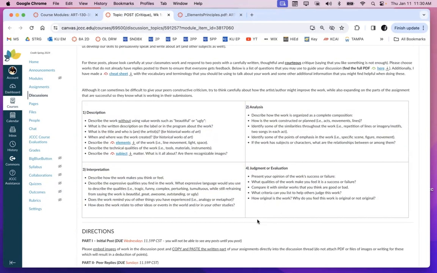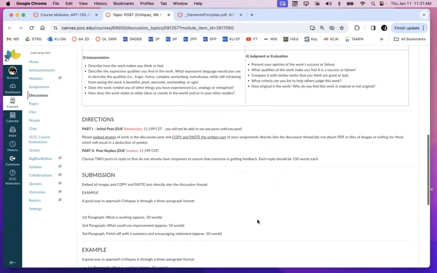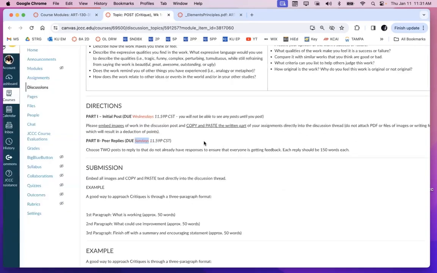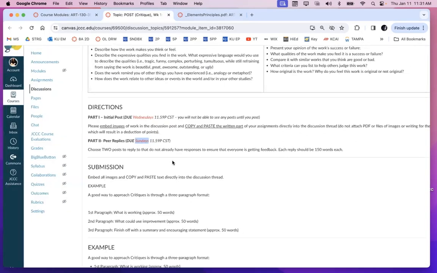So you'll read it, and then you'll read it again, and then you'll read it again. The more that you read it, the more sense it will make. So directions here. So again, you want to post by Wednesday, but I really recommend posting the Sunday that you